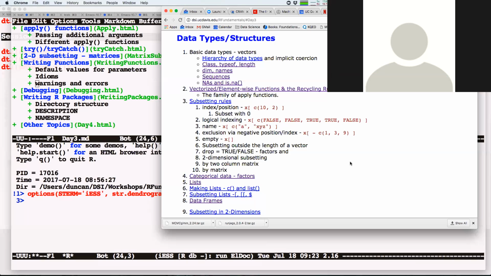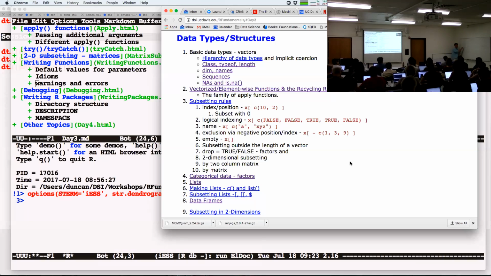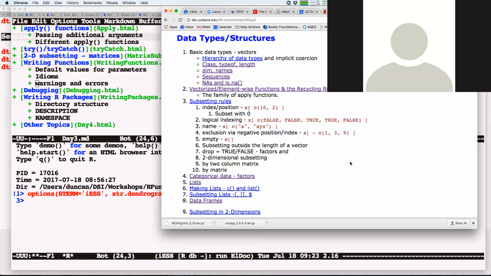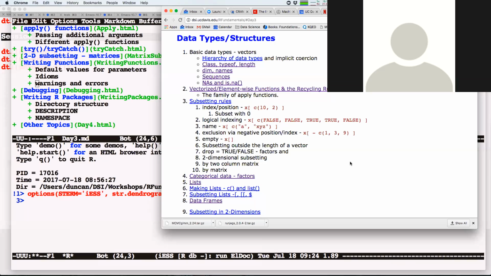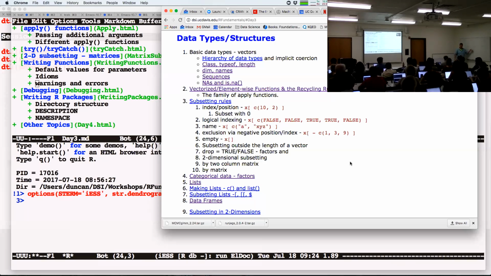And so we talked about vectors and lists. These guys are very important. You can do anything you want with these. You can put a vector, a collection of numbers, an integer vector, in a list, but it's really unhelpful because you can't add them together or anything like that. But you can easily unlist them. You can always just say, okay, destroy the hierarchical nature, and collapse it down to a vector, and then life is good again. But all these operations that I have, like the log and stuff, will not really behave well on a list. They'll do something weird to it, and they may coerce it back to a vector. But you do want to be able to figure things out.